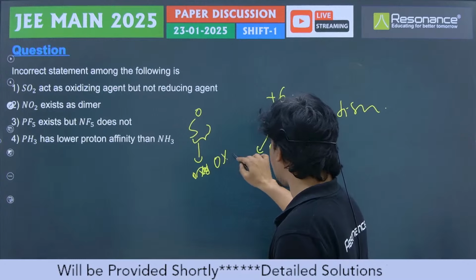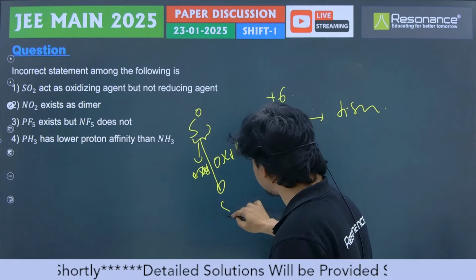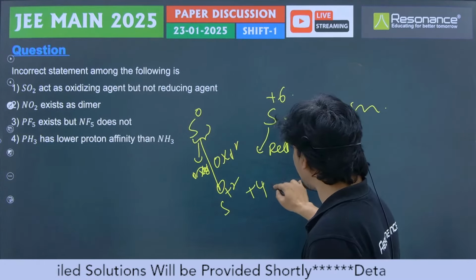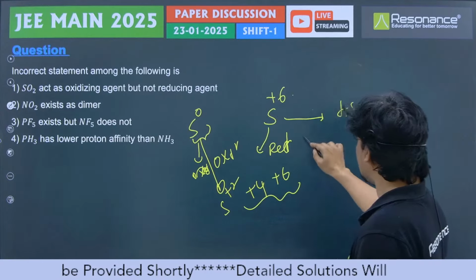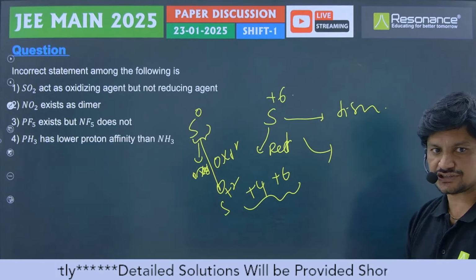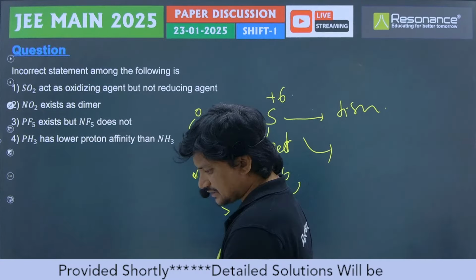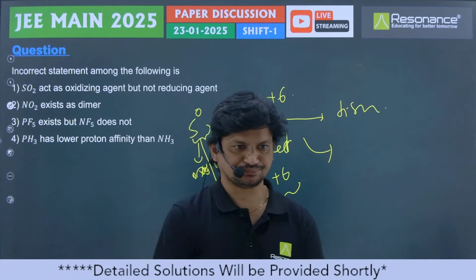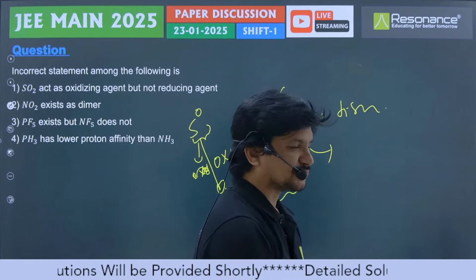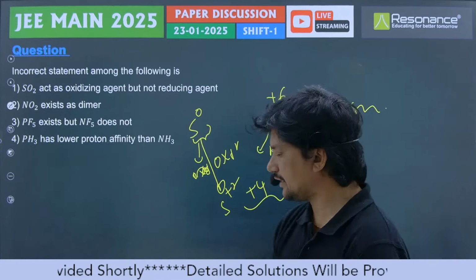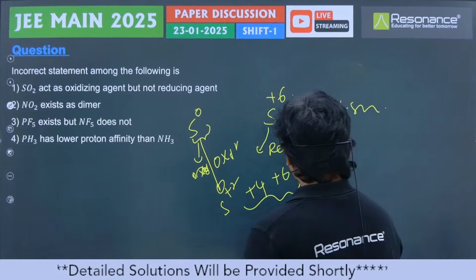It undergoes what? Oxidation. It can expand its oxidation state, +2, +4, +6, up to +6, but it can't expand its oxidation state more than +6. Any element in its maximum oxidation state can't expand its oxidation state,